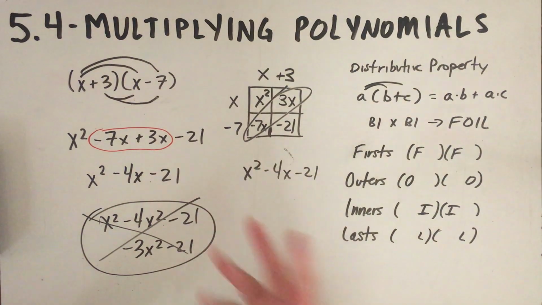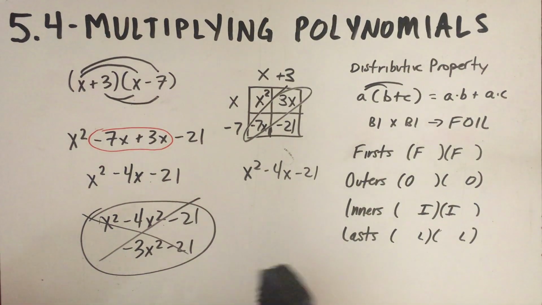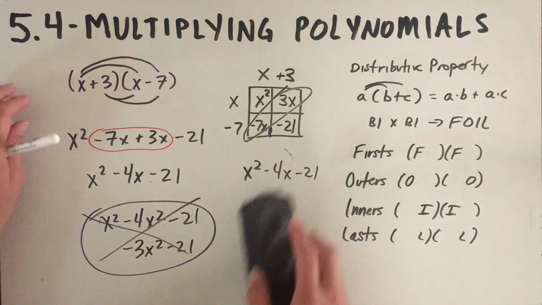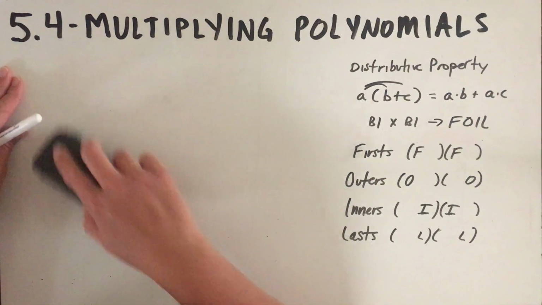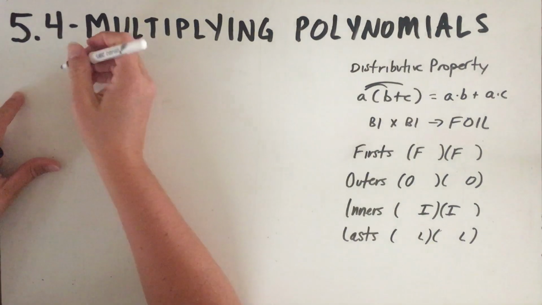Don't know if this is helpful, but it's one other way to see what's actually happening here. So what I want to do now is talk about a couple of special products that when you multiply them together, something unique happens when we multiply these binomials together. Okay, so we're still talking about binomials times binomials, but what happens,